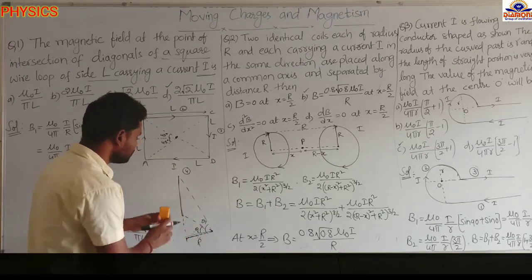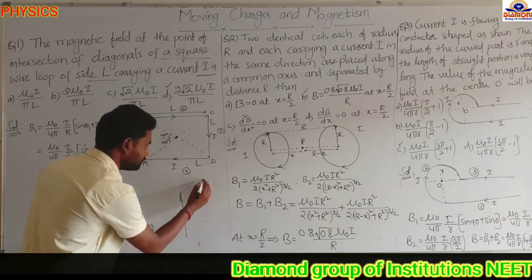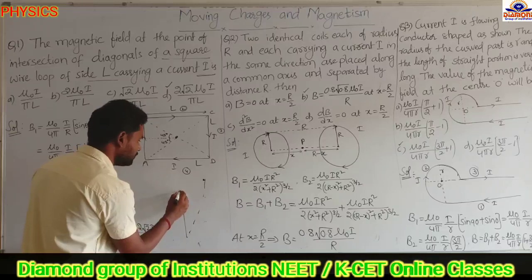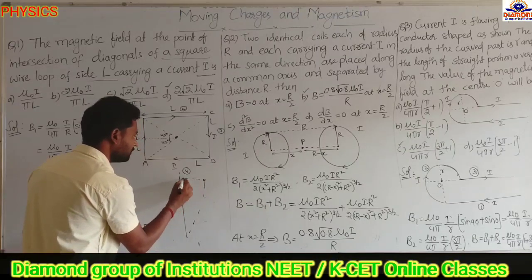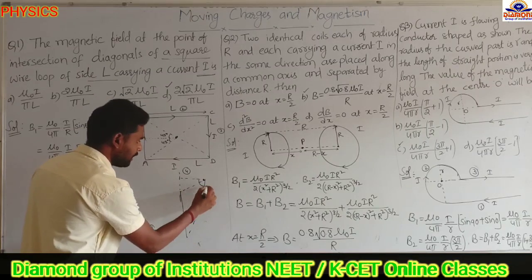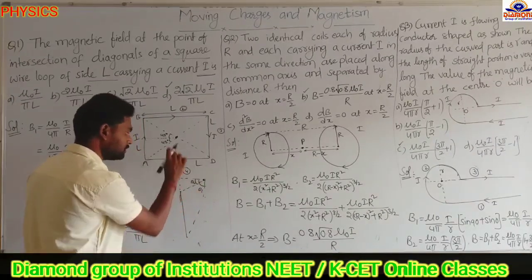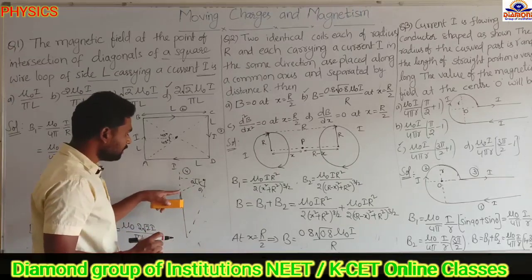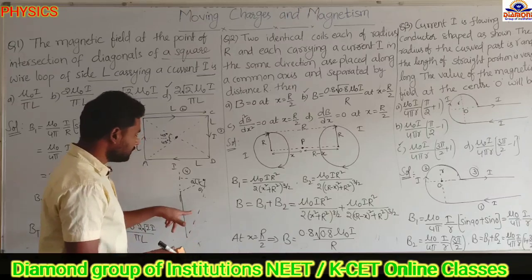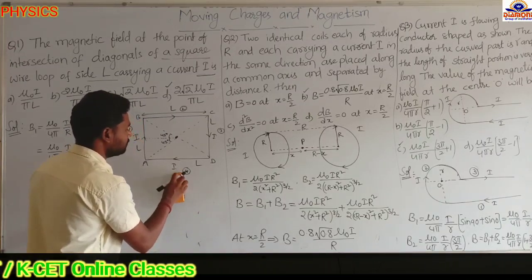Suppose the wire is like this and the point is here. We extend the wire to here, so from here to here is the perpendicular distance. This end makes the angle theta 1 and this end makes the angle theta 2. This point is above this end, so whatever angle this end makes, we take as minus, and the other angle is plus. Remember when to take minus and when to take plus.